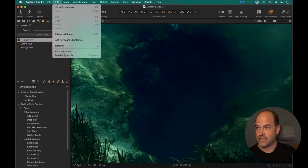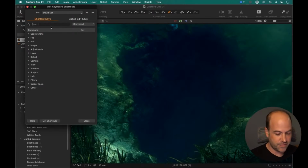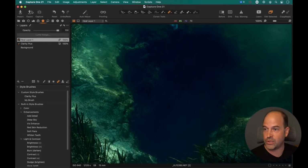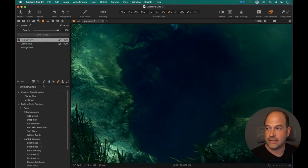And as a reminder, to edit your shortcuts, it's under Edit Keyboard Shortcuts. And the easiest way to find it is to remember what the item is called. So it was called Display. If I type in Display, you'll see here I've currently got no shortcut for my display, heal and clone arrows, but I could easily choose a key command in there if I wish. But as I said, I find just zipping off to the side anywhere off the main viewer